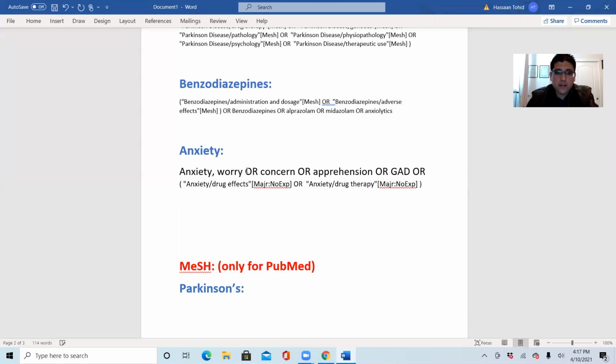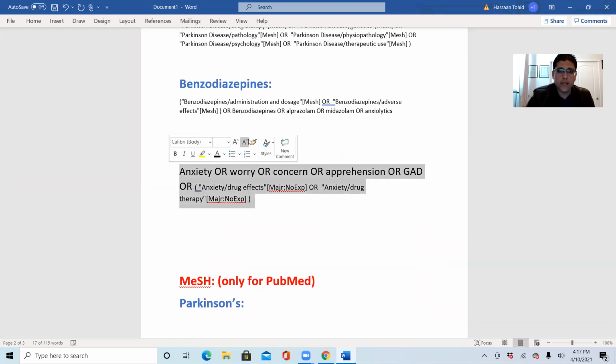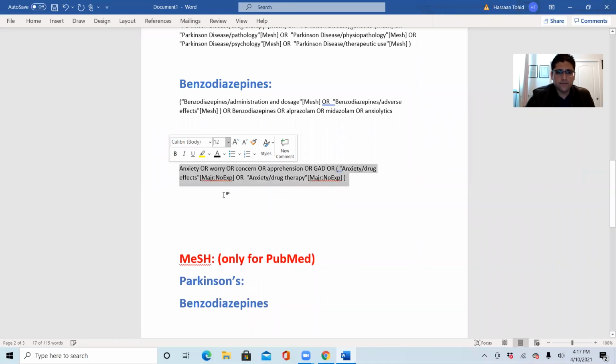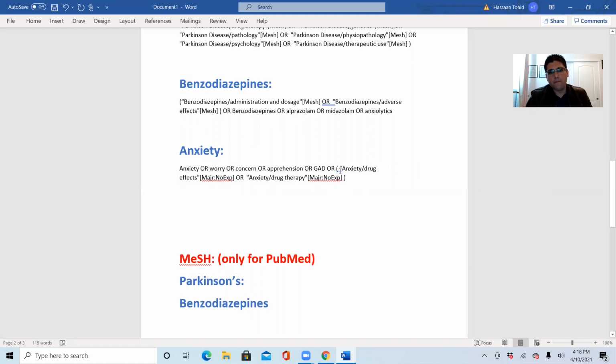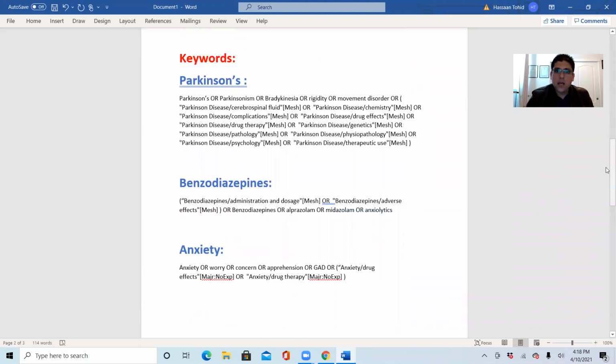The number of articles will be lesser or more, and you will not have a correct strategy. We don't want that. So now this is it. Congratulations. Now we have our PubMed Advanced Search Strategy ready. Now we go